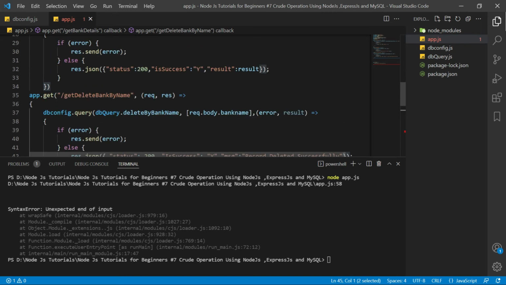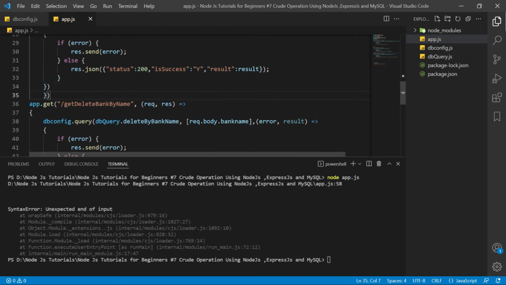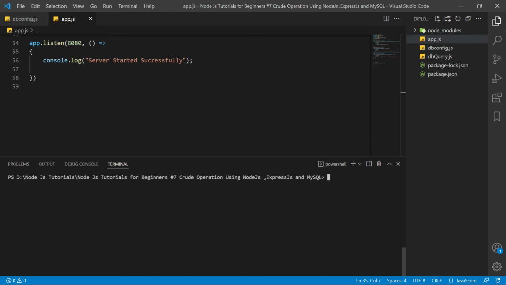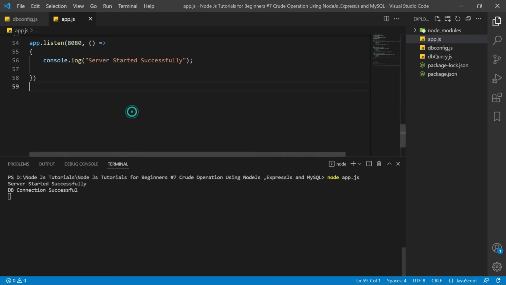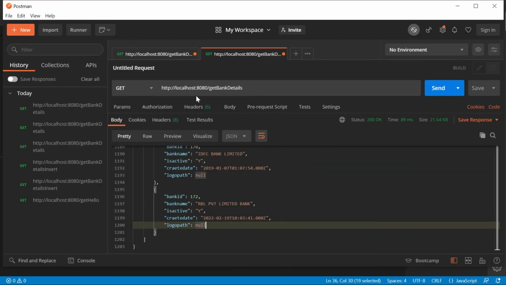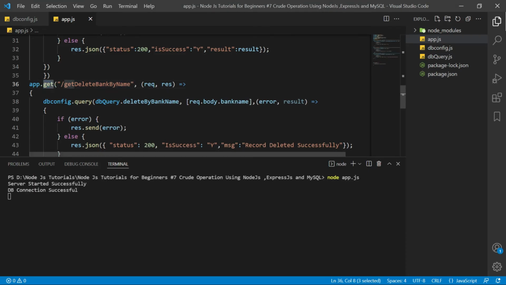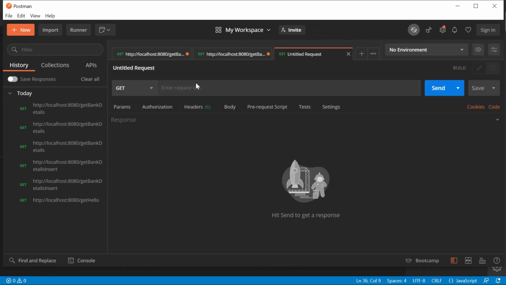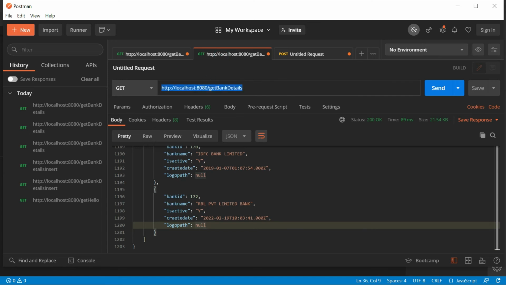Okay, these brackets are missing. I think it is correct now. So now we have started our server as well and database connection as well. We need to copy the URL. So we'll copy this, and instead of get, I will use post method, and we need to change our method over here as well. So I will change to post, and I will paste the entire URL over here,